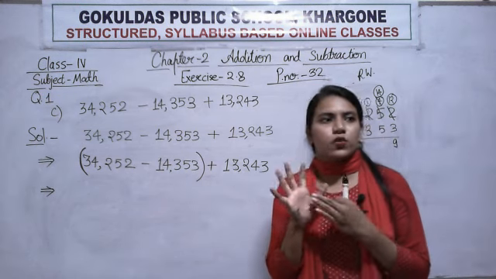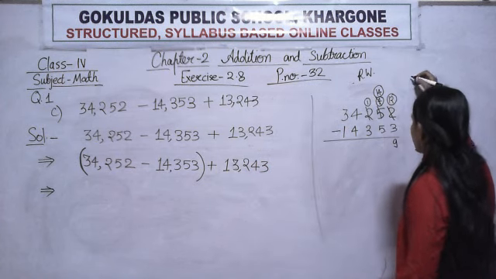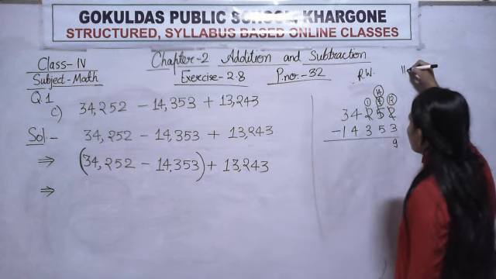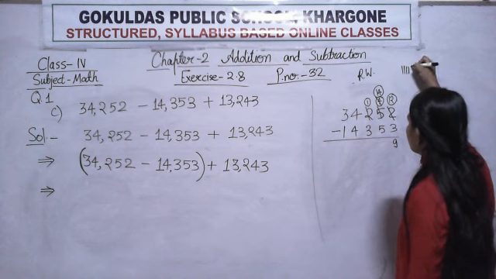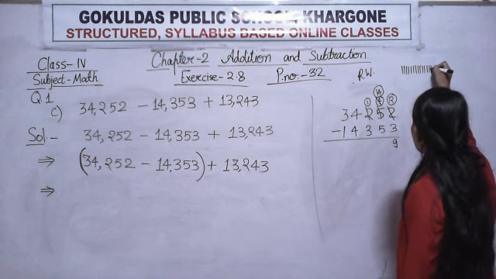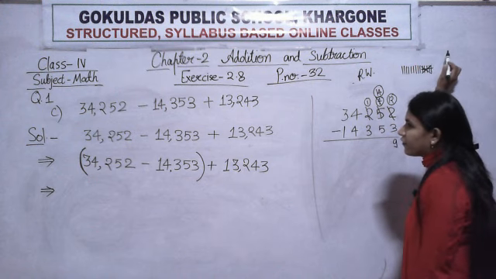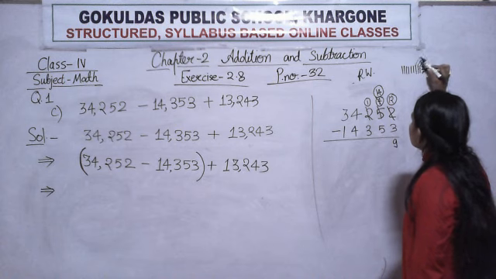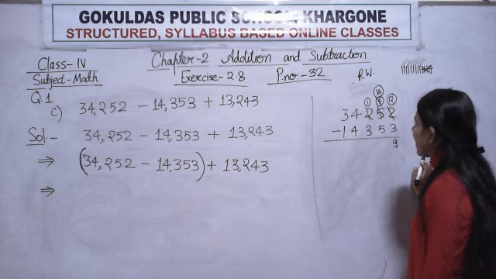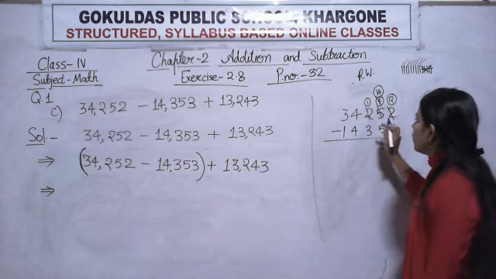You can count. You can do subtraction on your fingers, or you can draw sticks and remove 5 sticks from it. So I am drawing 14 sticks. 1, 2, 3, 4, 5, 6, 7, 8, 9, 10, 11, 12, 13, 14. Right, now subtract 5 from it. 1, 2, 3, 4, 5. I removed the 5 sticks. Now count how many are left. 1, 2, 3, 4, 5, 6, 7, 8, 9. How many sticks are left? 9 sticks. So write 9 here. Okay.